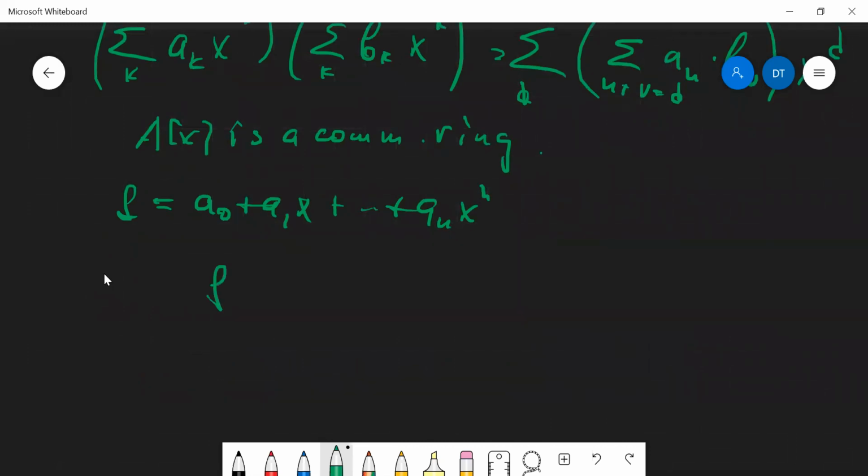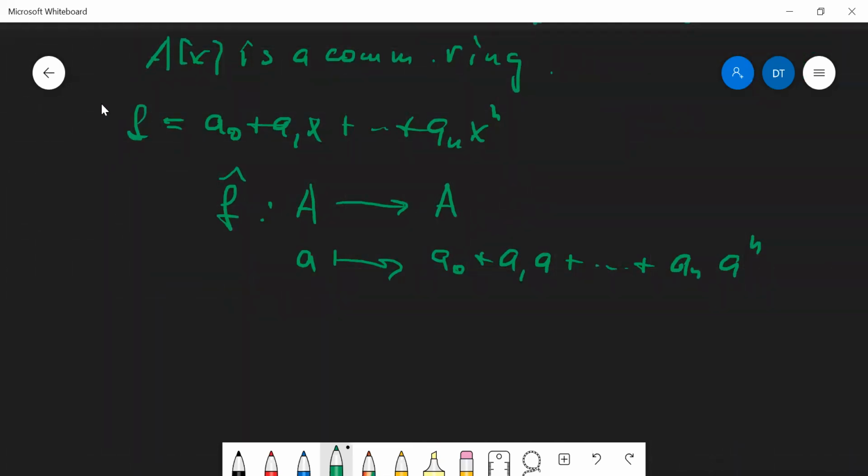It defines a function, let me denote it by f with a hat, from A to A, which takes an arbitrary element, say a, to the element of this form. We just substitute the element a instead of the variable x. So this allows us to define a function, but